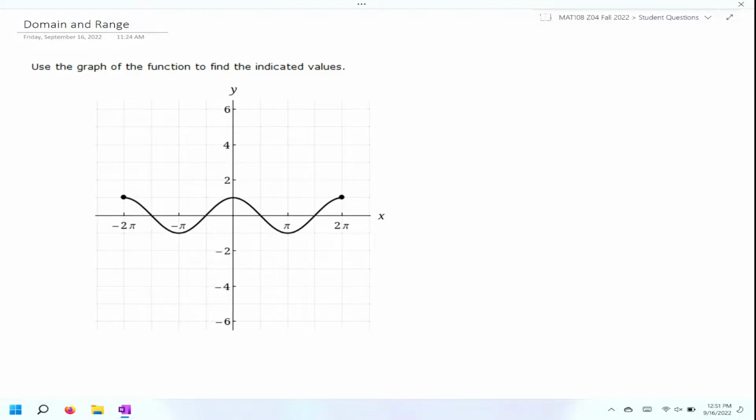Hello everyone. So I promised you I would do a domain and range problem from your homework. So I'm going to go ahead and do this one. All right. And the thing that we have to remember here are the definitions of what domain and range actually